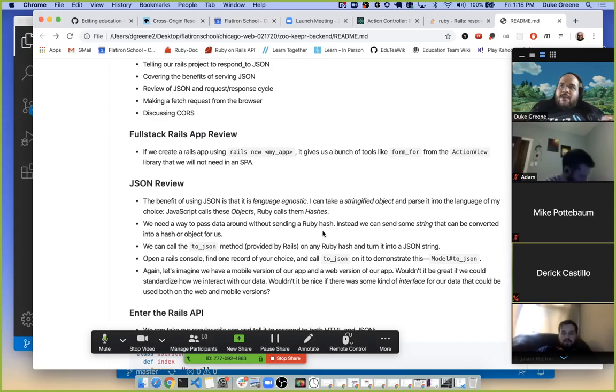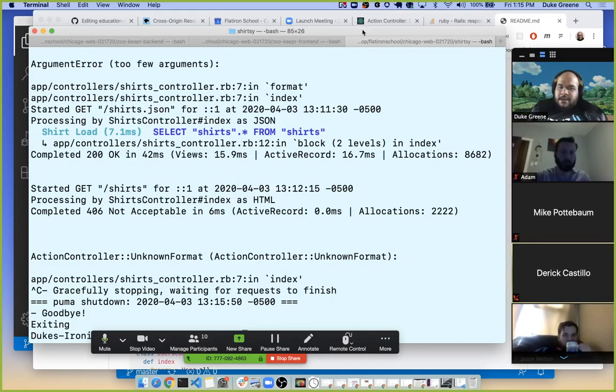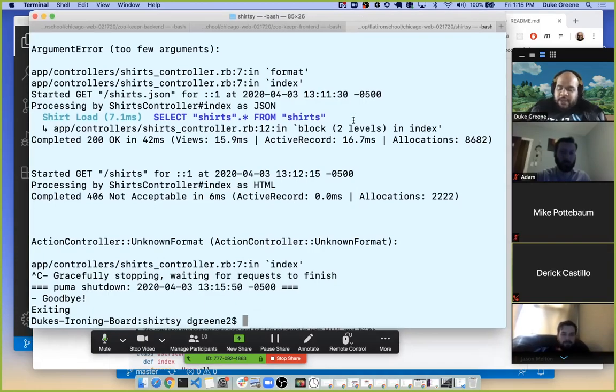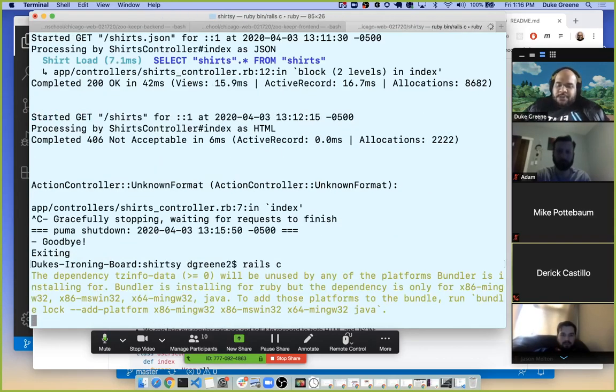And when we want to pass these things around over the web, we pass them all as strings, right? And so a lot of languages have a way to take a hash-like thing and turn it into a string so that it can travel over the web. So in this case, like it recommends here, if I'm practicing alone, let's open a Rails console and find a record of choice to demonstrate what I'm talking about here. Like if I'm in Shirtsy, I can shut down my server. Let's talk about to_json and what this is actually going to look like under the hood. Because even in the browser, what we see is something that's been reconstructed by the browser. So let's see what actually to_json returns